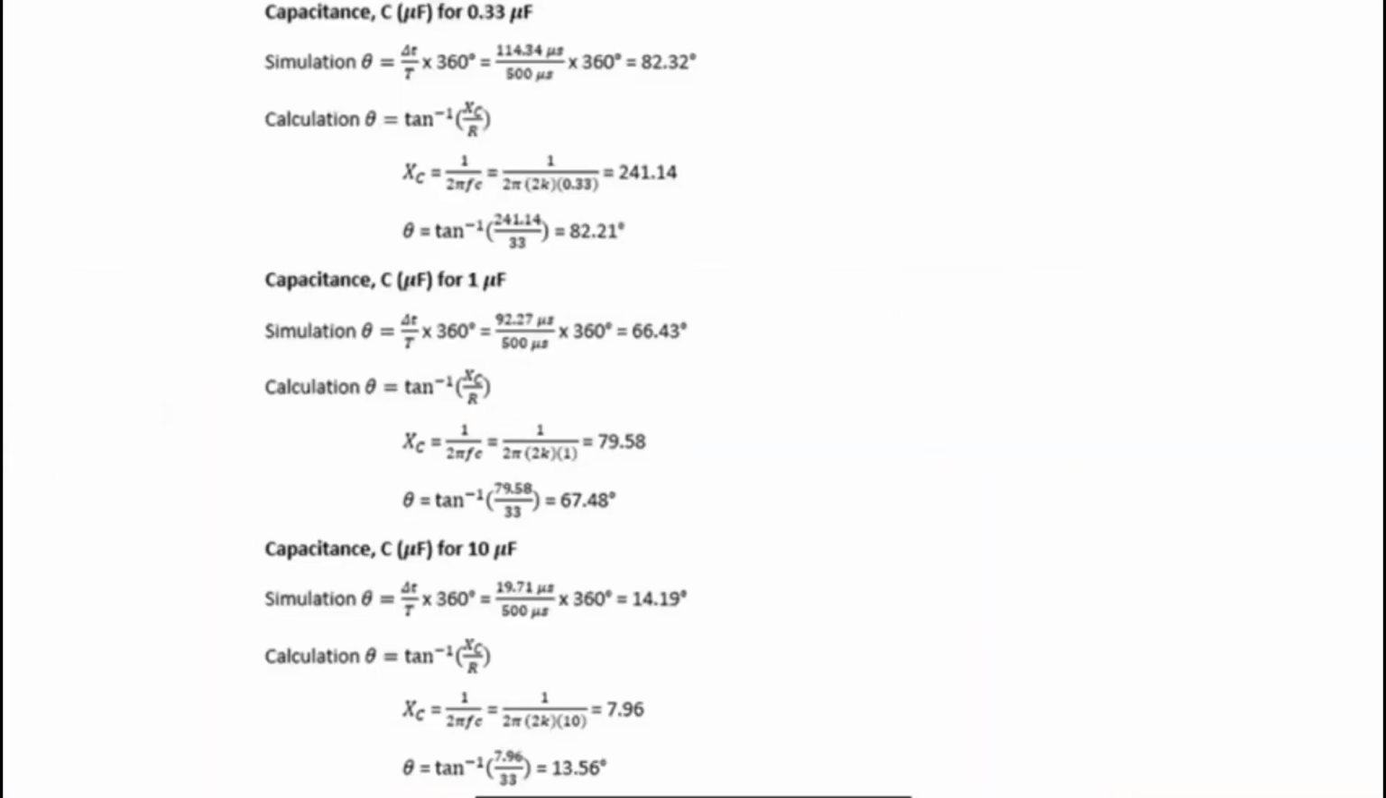Next, I will show the way to get the phasor angle for capacitance 1 microfarad. For the simulation, we can use the formula delta T divided by period times 360 degrees. From Multisim, delta X is represented as delta T. The value is 92.27 microseconds divided by 500 microseconds times 360 degrees. The phasor angle that we get is